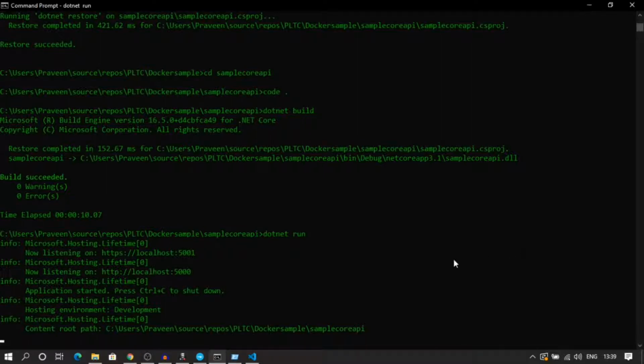So now our API is running. So you can see this localhost port is available for HTTP and HTTPS, it's listening on both because we have opted for both. So if I am going to listen to this,